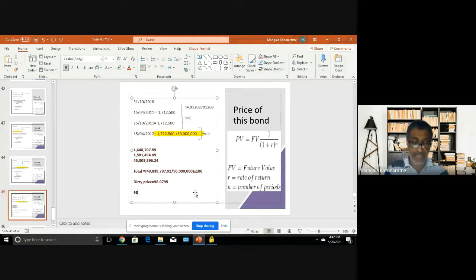But here we are trying to do some fine tuning, into 50 million, right? This is for 100, no? So we have to divide this by 100 because already we have multiplied this by 100. So we are trying to get the clean price, so this whole thing minus